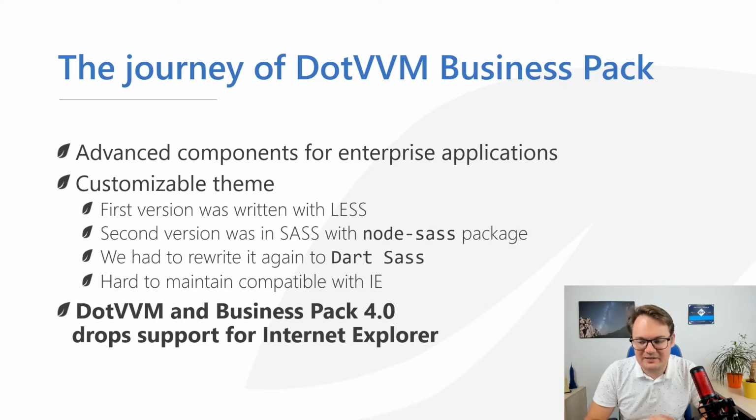The problem is that front end is changing a lot. So if you have been using the Business Pack version 1, we wrote the front end in Less, which is a preprocessor for CSS, which was very popular by the time when we started building DotVVM Business Pack. But later it showed up that Less is less popular than Sass. So we started using Sass, using the Node Sass package, which was the default and recommended